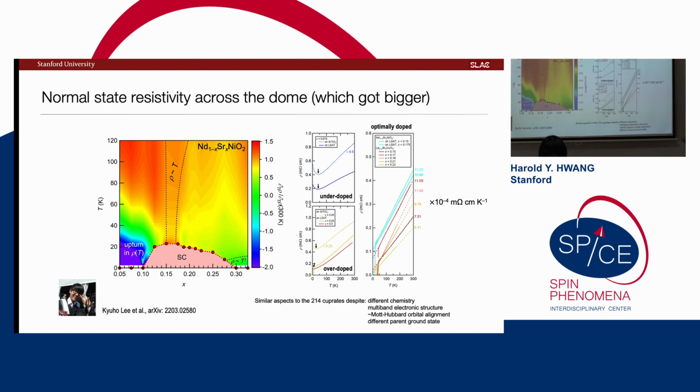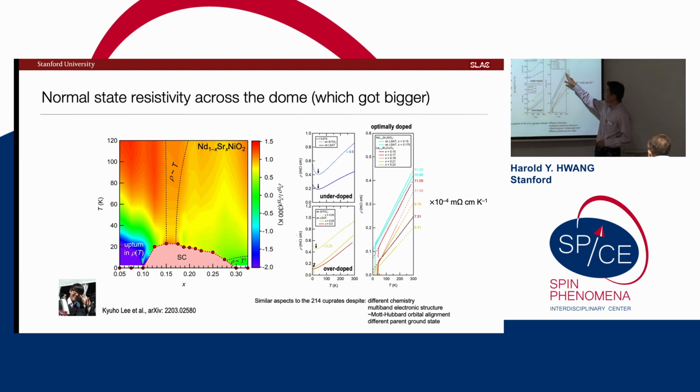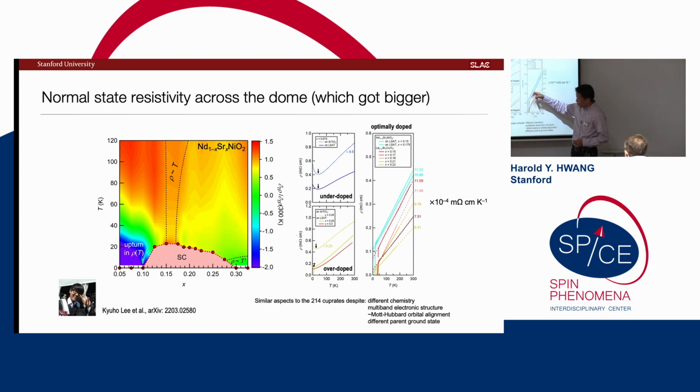So this is a bit busy, but these are different snapshots. Let me just highlight one particular comparison. These two green and purple or blue curves are our data near the peak of the dome. And all of these red and orange curves are actually 214 cuprate single crystal data. And what's kind of remarkable is that, if I make this comparison, the numerical slope is almost identical to what's found in that system, with a slight increase in the residual resistivity that we find, right?